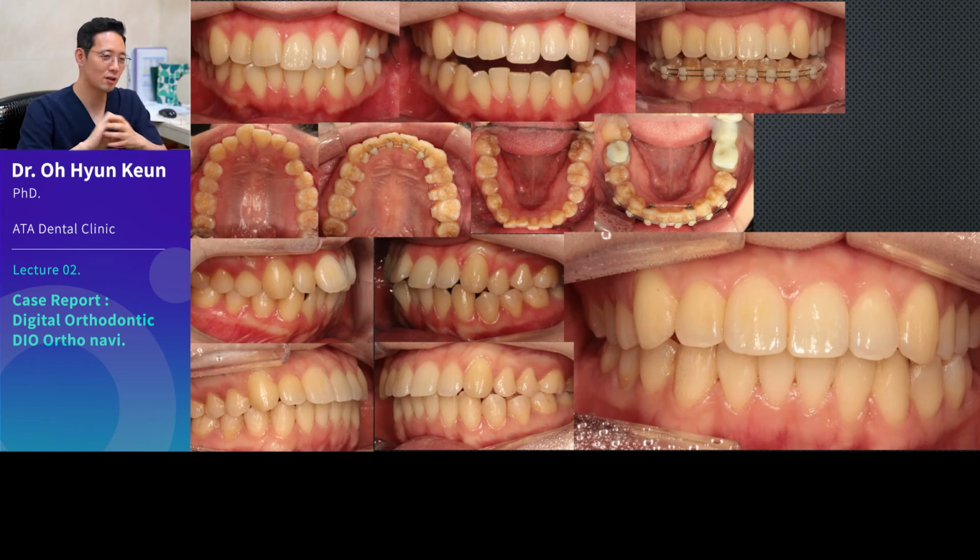Also, what I really want to point out is this. Many dentists who want to try OrthoNavi system choose a really complex case as their first trial. The reason might be because when they see interested patients in getting braces, most of them have pretty serious issues with their teeth.